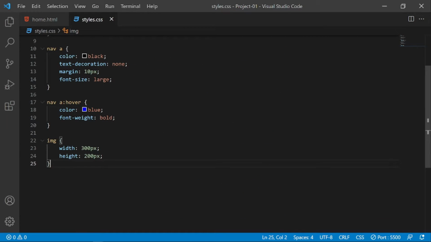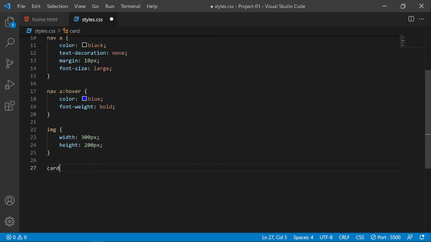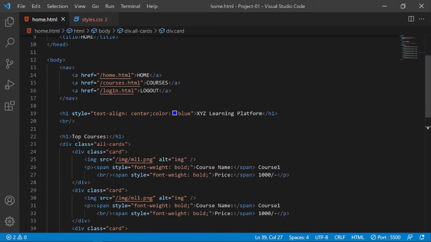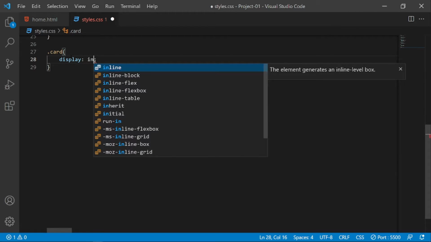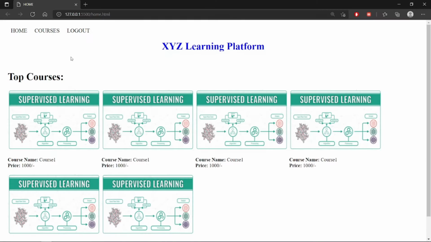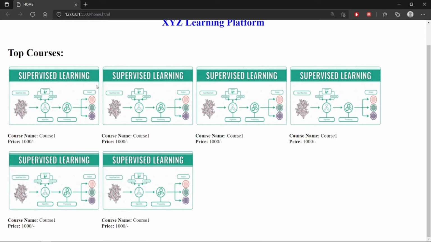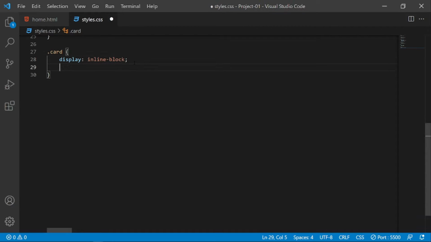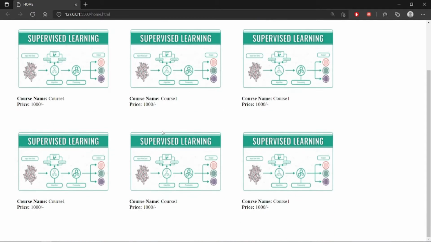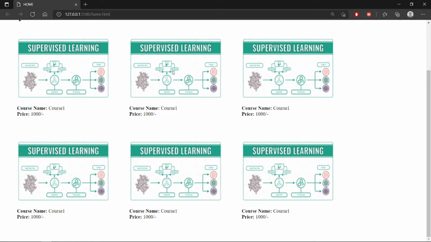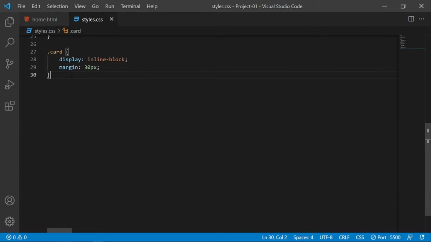Like we'll go to the style sheet, and we'll select the class name card here, because here we have the class name as card, and we'll open it. Now we want to change the display to inline block. That means it will come in a single row here. If we save it, now you can see it is coming in a single row, and also we will add some margin to this. Margin I'll add like 30 pixels. I think it will be looking good. Yes, I think it will be good enough, and we'll change this text and the image in a later part of the video. For now it will be okay. Save it. Now we'll come to the home page.